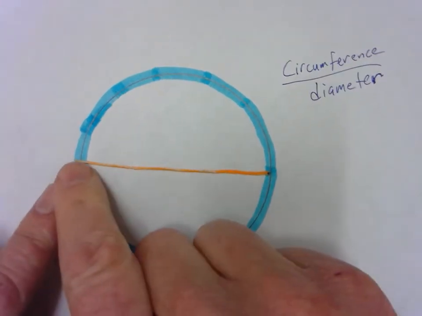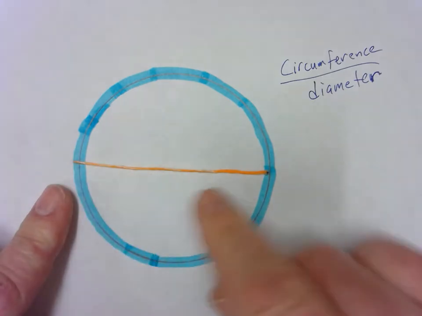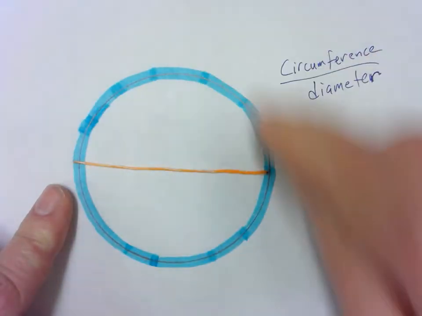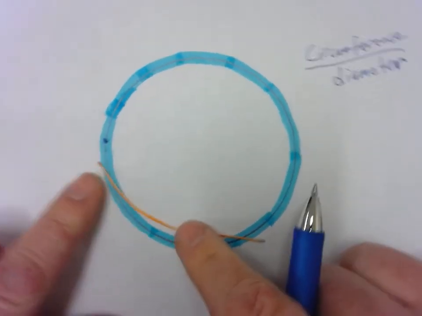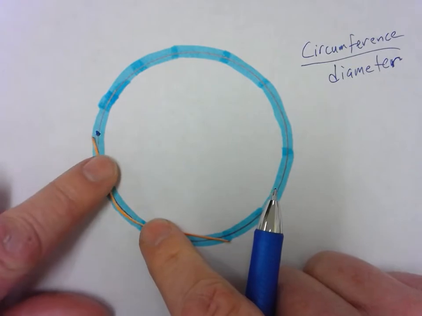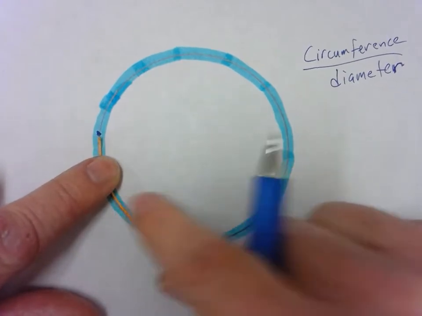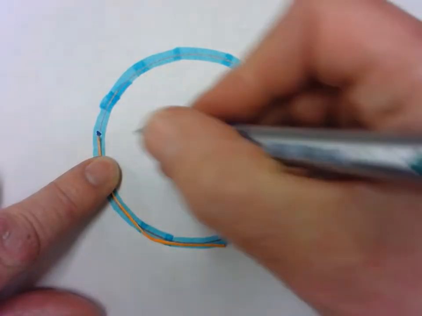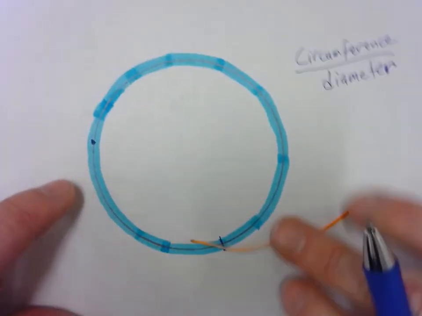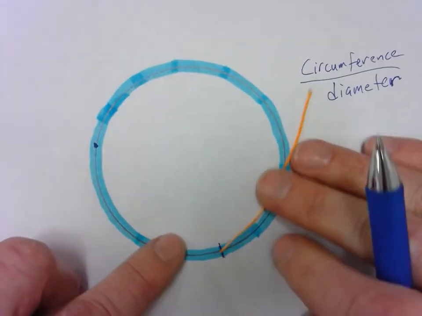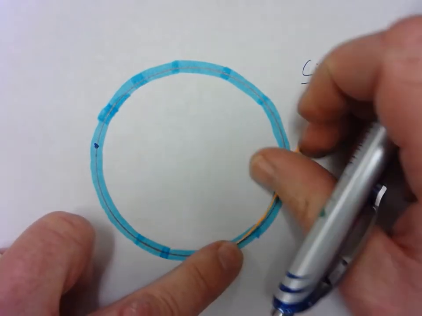So the diameter is the distance across the circle, and the circumference is around the outside edge. So I'm going to make a starting point here, and we're going to put the diameter, make it fit around the circumference. So that's pretty close. So it fits once, and then we make the next diameter go here,